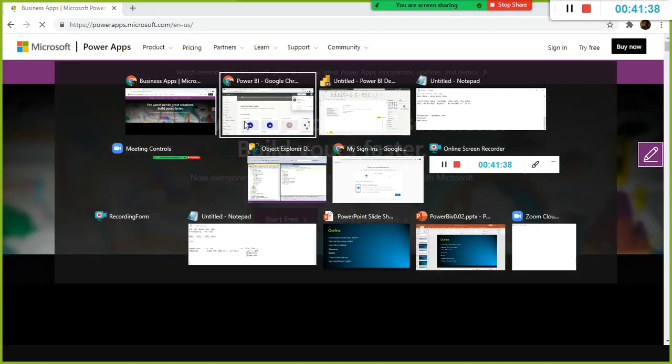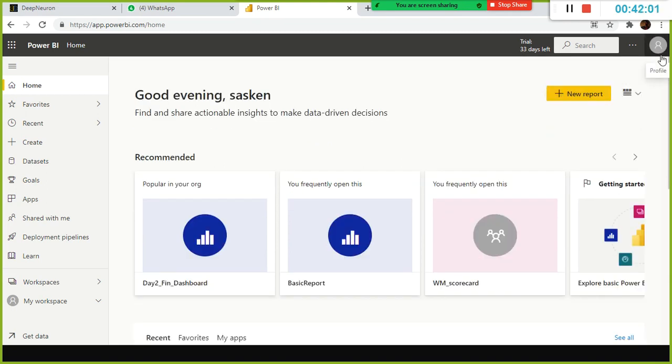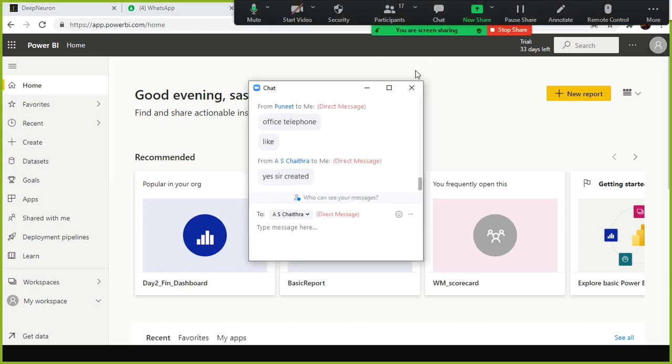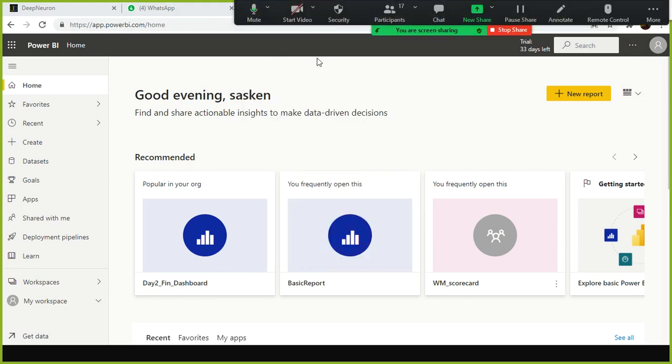Importantly, I want to tell you one thing here. When you go to app.powerbi.com to register your name, it will ask for your office email ID. You cannot use Gmail or other public email IDs. Otherwise, you cannot sign up. You can use your college email, since you are college staff, or if you work with any company, you can use your office email ID to register. I guess most of you are office employees, and a few of you are students. Don't worry, I will tell you how to create an office ID.